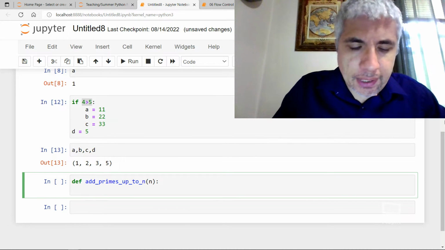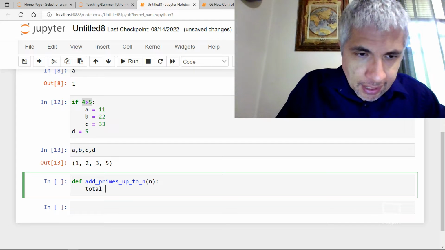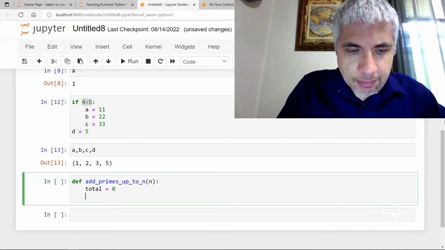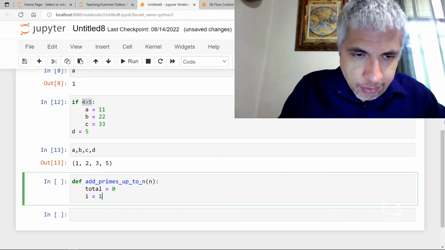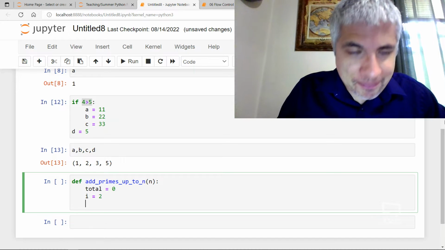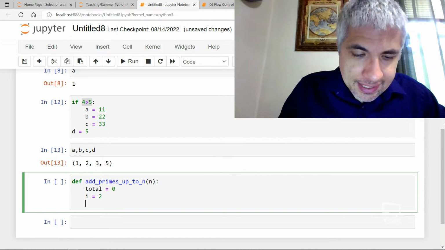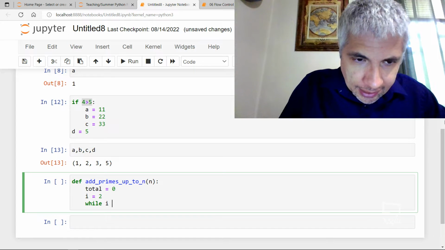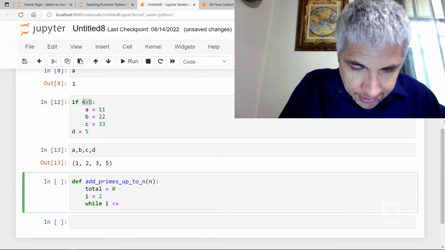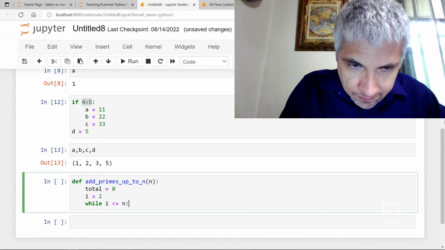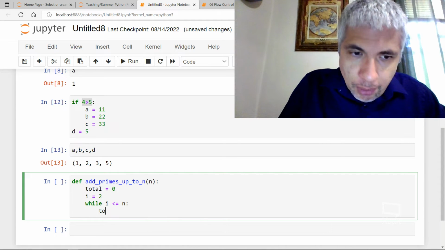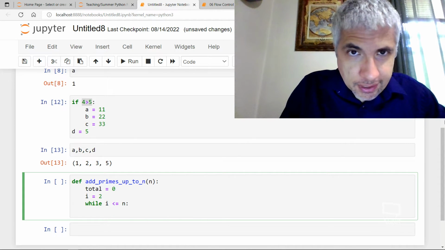Okay. So let's try this in a functional way. No, let's try it in an imperative way first. So what I'm going to do is I'm going to have some total. I start with 0, and now I'm going to sort of build up. So I'm going to set i to be equal to, we can start with an actual prime. I'll give us that extra step. And then I'll say while i is less than or equal to n, what we're going to do is we're going to add it to the total, but only if it's prime,